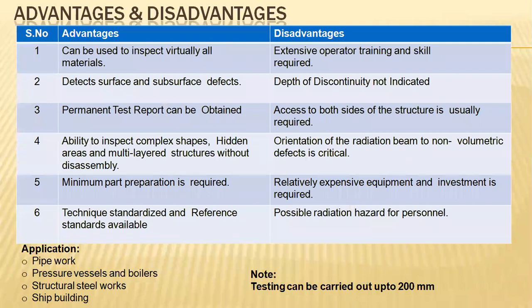Radiographic technology is utilized in different types of applications. Let's have a detail of pipe work. Pipe work connects one element to another. We will have different couplings and different types of joints. We need to change the direction of the flow of material from one place to another. And pressure vessels: at what pressure the vessels are being operated. And boilers: at what temperature the boilers are being maintained, whether water is transforming into the steam state